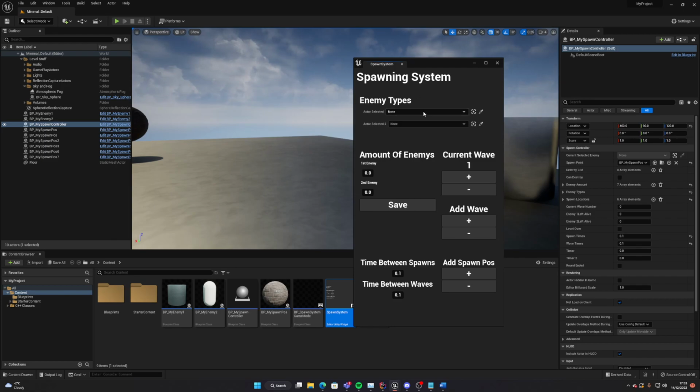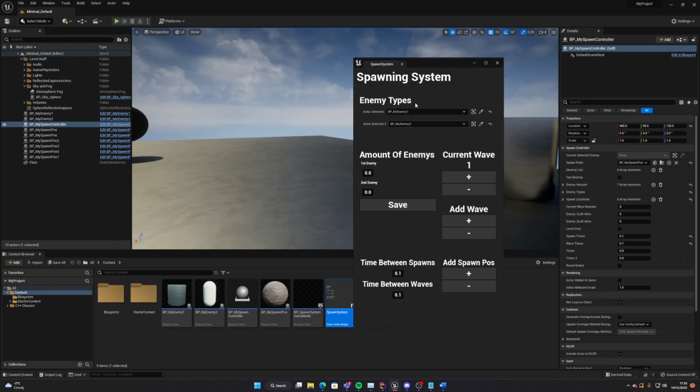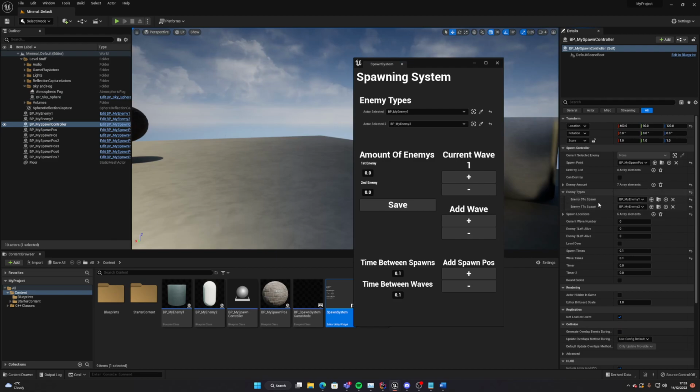It allows you to select what enemies you wish to spawn. You do that by using these drop down boxes that then communicate to this script over here to put them in. It also allows you to have multiple waves, which are